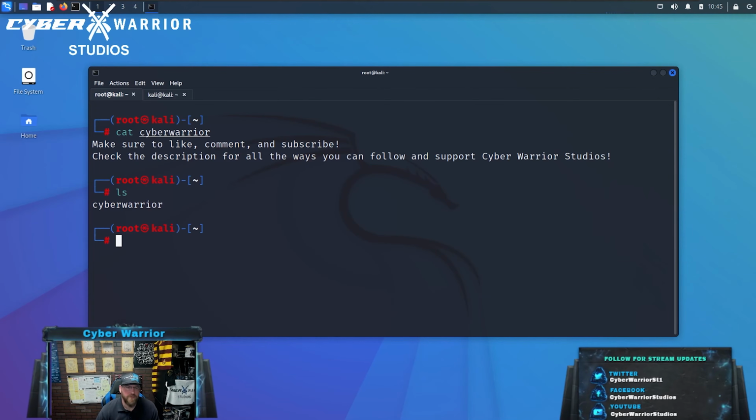But what if we wanted to erase that file or put different text in that file? Well, then what we would do is the same way we did initially. So we could do cat cyberwarrior, hit enter, gives us this. And in case you're wondering,